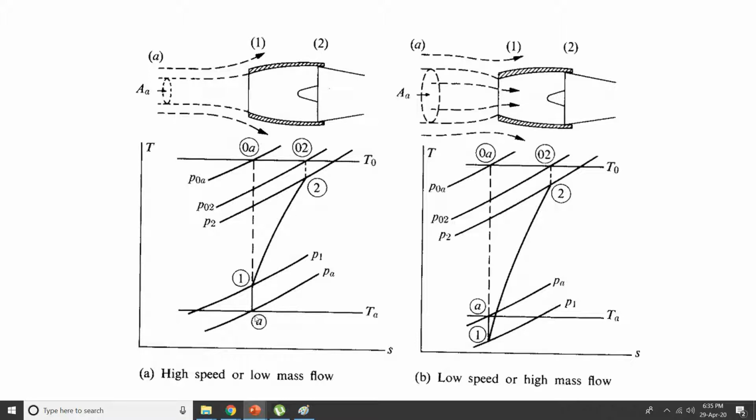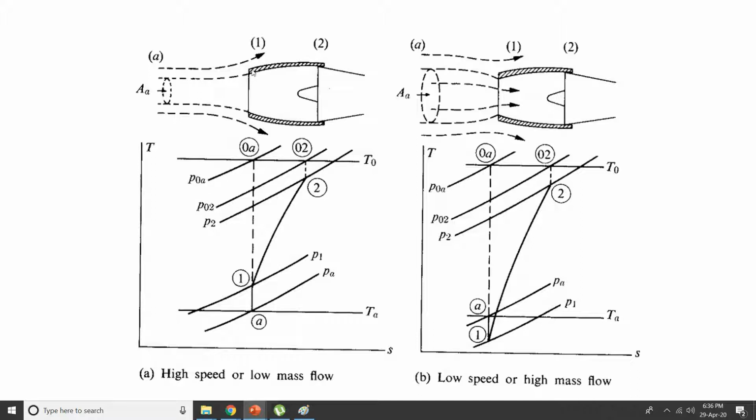So for an adiabatic process 1 to 2, the stagnation point is at 0 to here. So this is your stagnation pressure line for this point. And this is your stagnation pressure point if the process was isentropic. Isentropic meaning if it was reversible adiabatic. So if it was reversible adiabatic, the process would have been a completely straight line because there are no losses. Therefore the change in entropy will become 0, the pressure will go and directly hit your stagnation pressure point P0A.